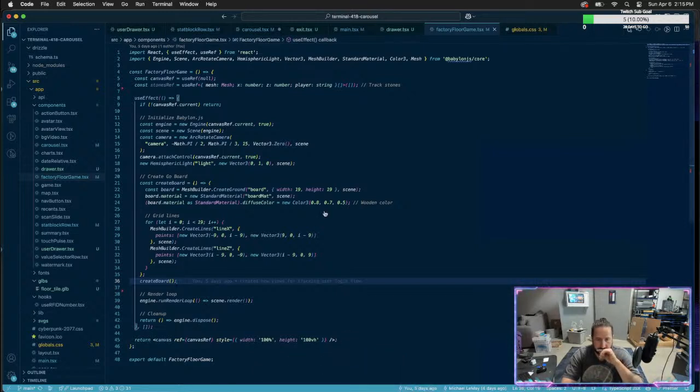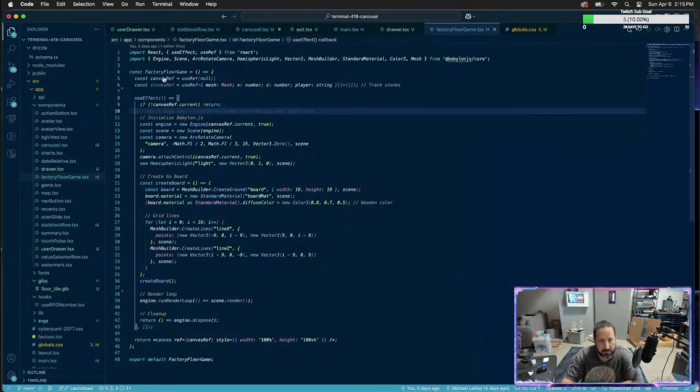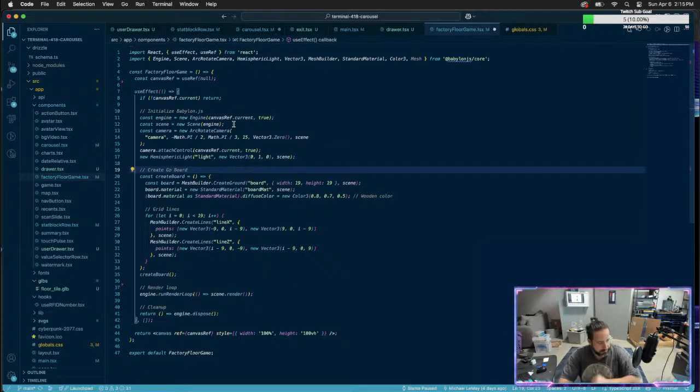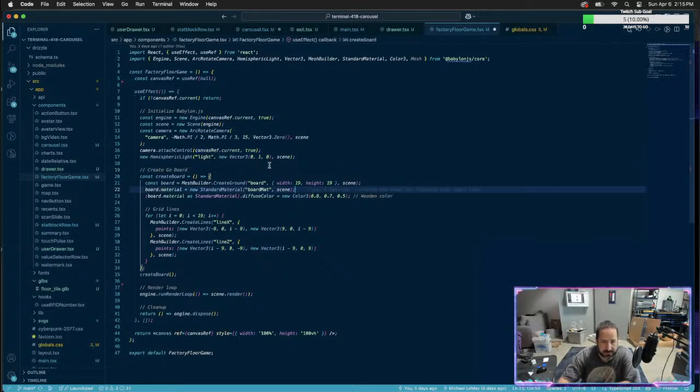So this built us a board. Let's just look over this code, see if we understand what's going on. So we have a canvas ref. I just got rid of the stones. We're not going to bother with stones right now. So I'm sorry, I was just reading this to myself. So we start a new engine. So we got that. I don't like that this is all in just